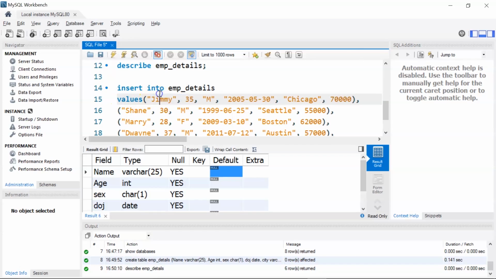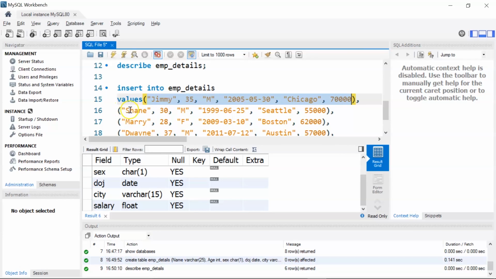So first we have Jimmy, which is the name of the employee, then we have 35, which basically represents the age, then M means the gender or the sex, then we have the date of join, next we have the city to which the employee belongs to, and finally we have the salary of the employee. So this particular information represents one record or a tuple.